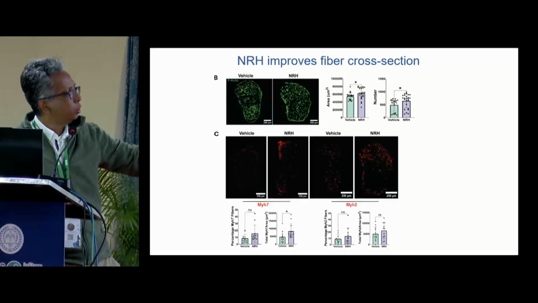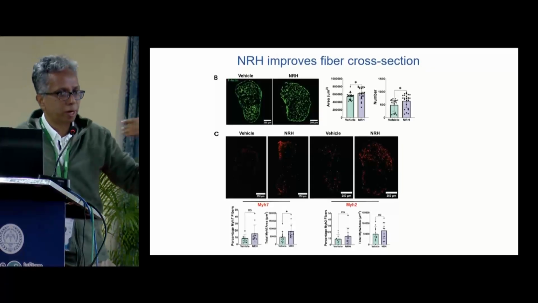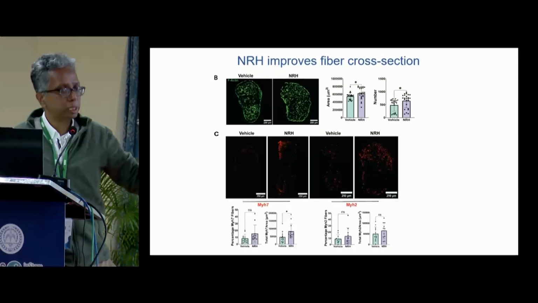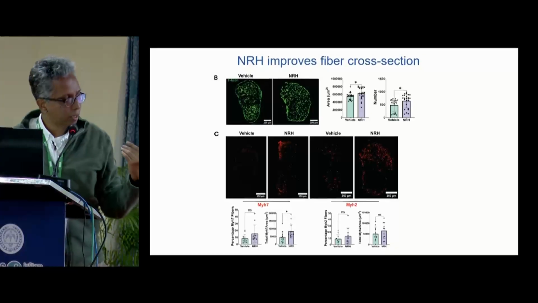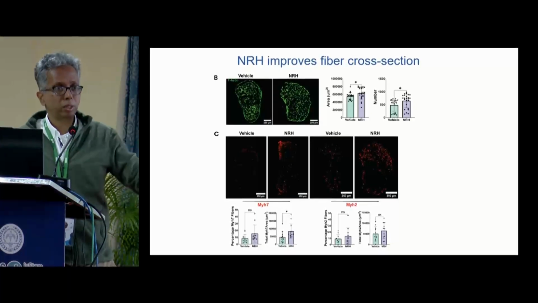As such, there is no huge statistically significant difference in the formation of fast and slow muscle fibers, but that also seems to be happening. We need probably more replicates. So we saw this and we thought, great, it might actually make muscles much more functional now and bigger, and